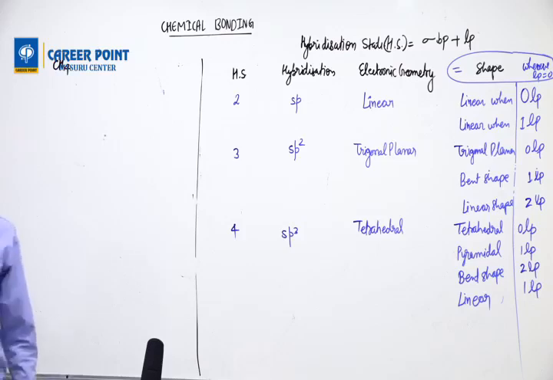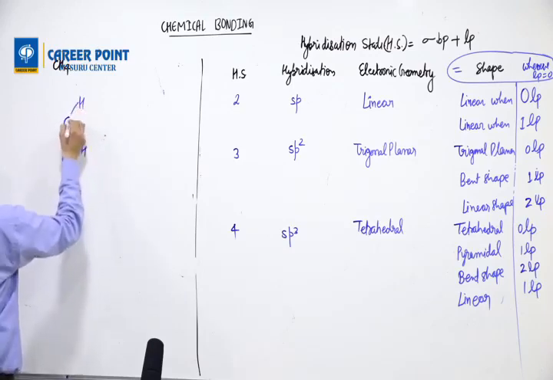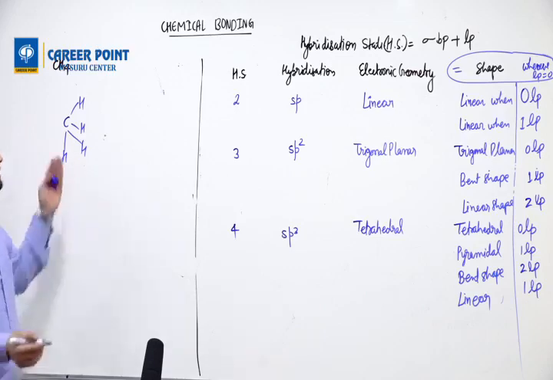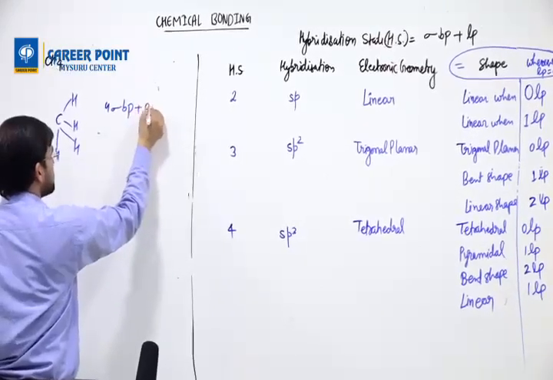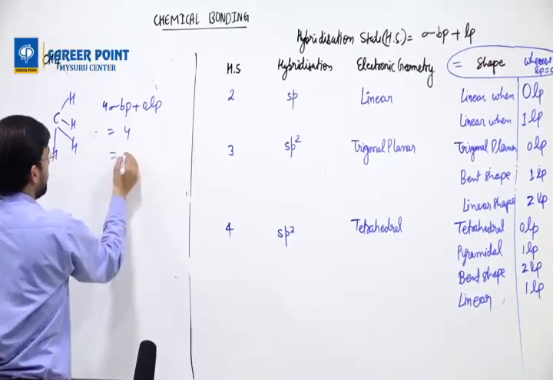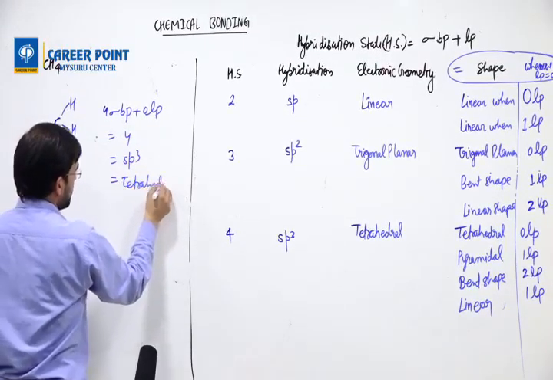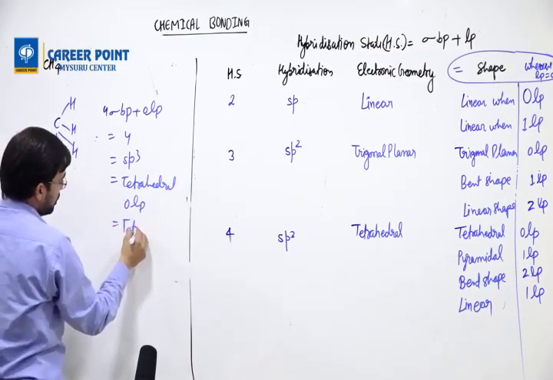sp3 tetrahedral, 0 lone pair. It is easy, right? Well, we keep carbon, hydrogen, 1, 2, 3, 4. Done. Carbon valence shell 4 are there, 0 lone pair. So 4 sigma bond pair plus 0 lone pair, total value 4, 4 sp3. Geometry is tetrahedral as it got 0 lone pair. Its shape is also